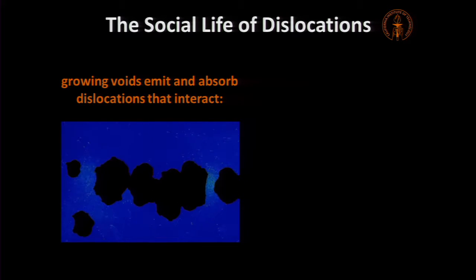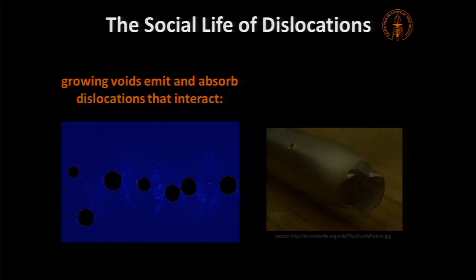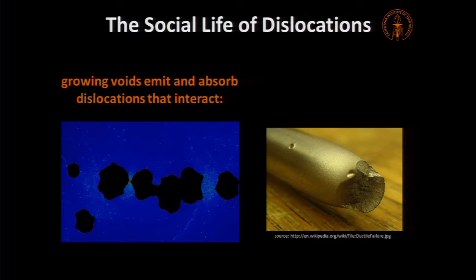You can see another interesting thing here. When you pull on these voids, they coalesce. They grow and they go together, and ultimately they form a crack. This is the reason why in many metals, which we call ductile, when you break them, you don't see a nice and sharp surface. You actually see a very wrinkly, rough surface. The reason is because they originate from voids like this, which are not flat and straight, but that form very many little craters in the surface.